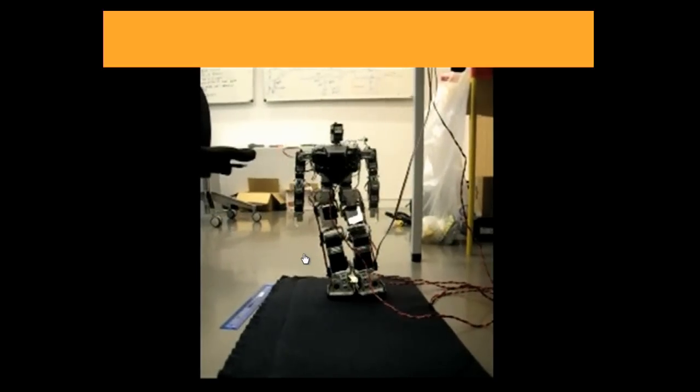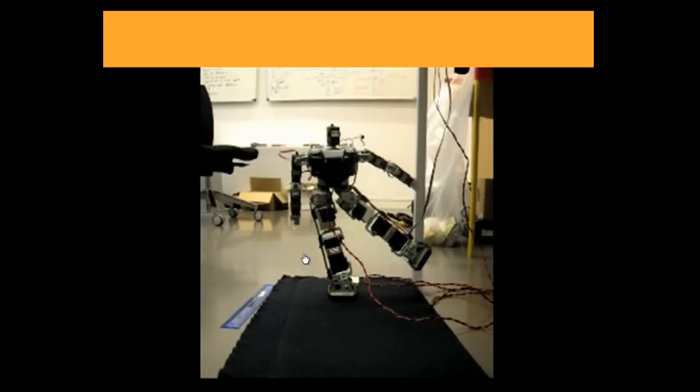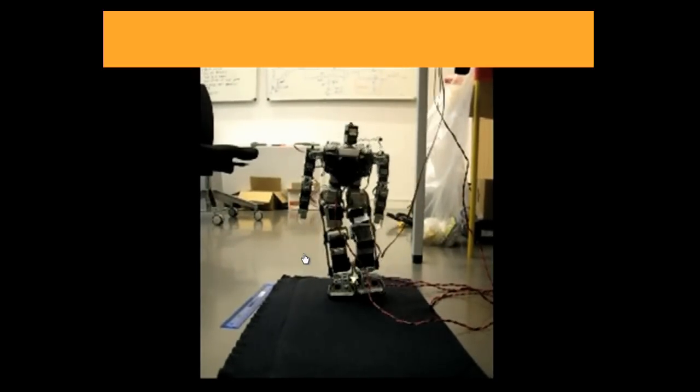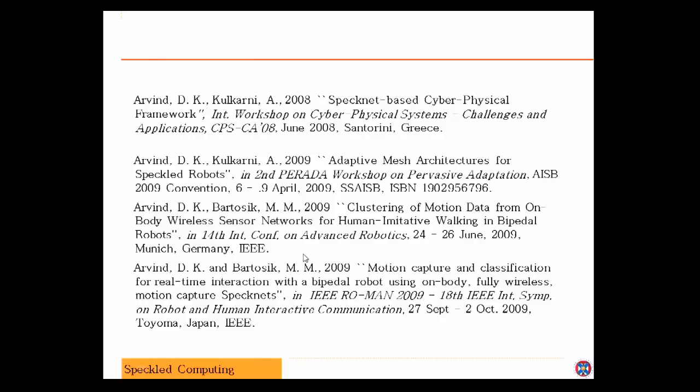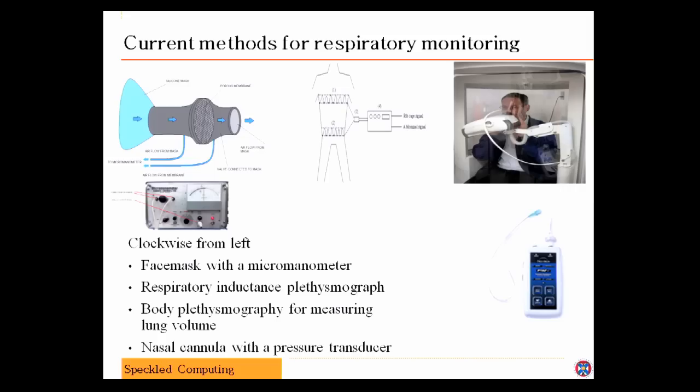The other important thing to recognize here is that this is not a closed loop system. In other words, there aren't sensors on the robots which can correct any local imbalances in case they were to fall. That would be a step further, for instance. So here's an example of this walking. These were published in conferences. So that kind of gives you some idea of what we want to do in that area.